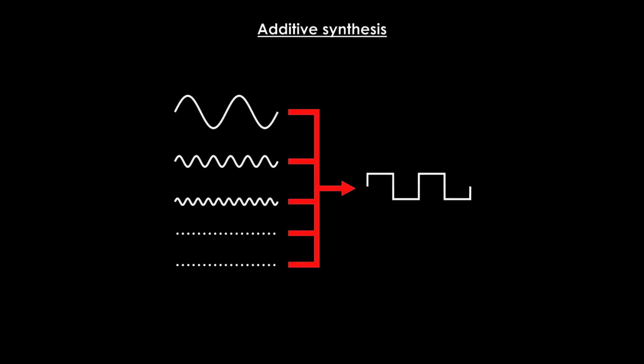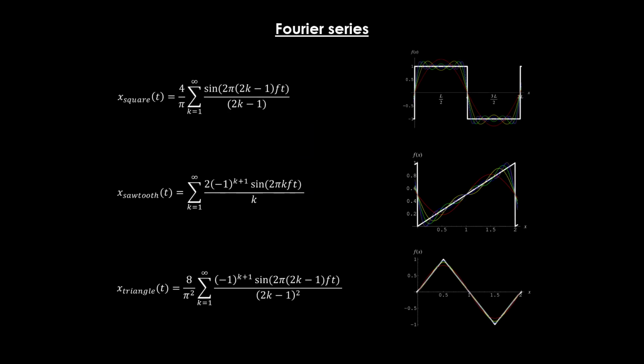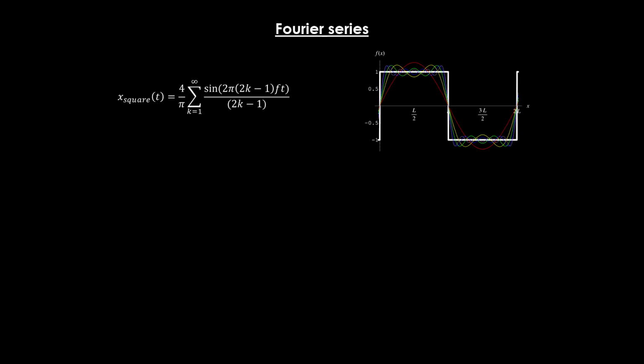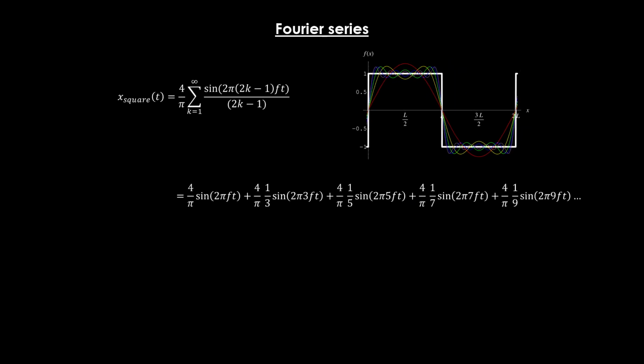Before we start with spectral analysis, personally, I think it helps a lot to understand it if we first look at additive synthesis, also known as Fourier synthesis. This is a process in which we build different waveforms by adding only sine waves. And within this, there are the Fourier series, which are basically recipes for building certain waveforms through additive synthesis. For example, this is the Fourier series for a square wave. This may seem overwhelming, but this formula can be interpreted as a series of simple steps.